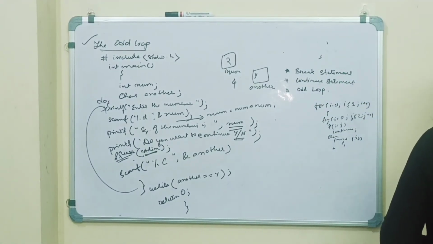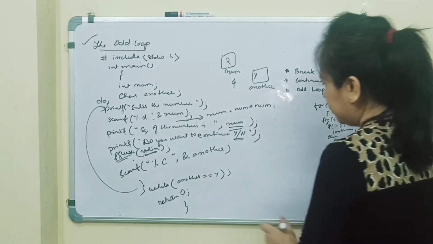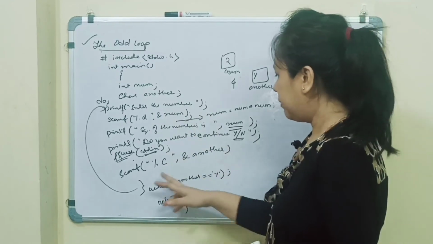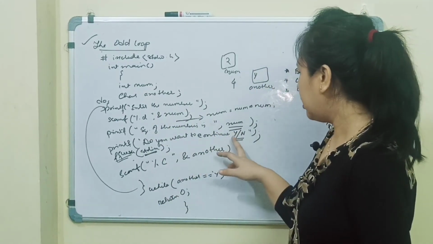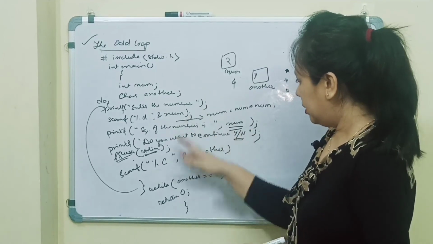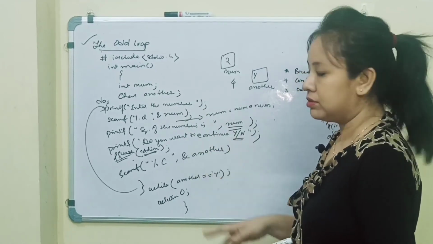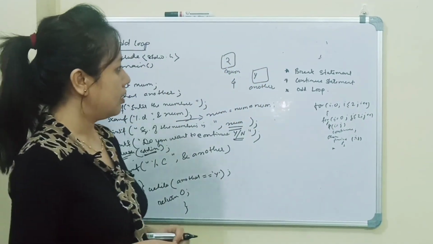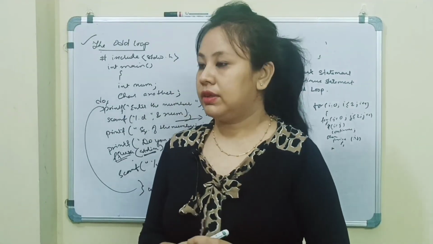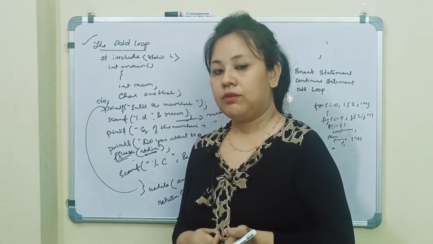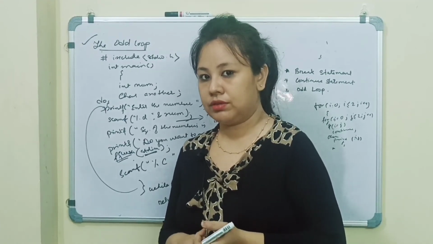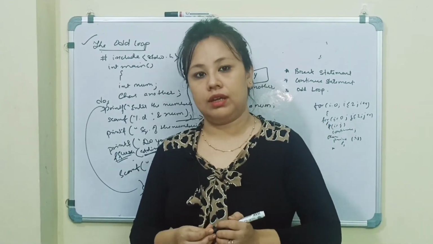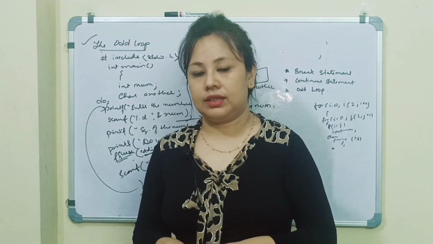So this is the odd loop, in which we don't know how many times the loop will be executed, and we are asking the user whether he needs to continue the loop or wants to stop the loop. So today we have learned what is a break statement, how break is used, what is the odd loop, how the continue statement is used, the difference between do while and while, and how for loops are used.